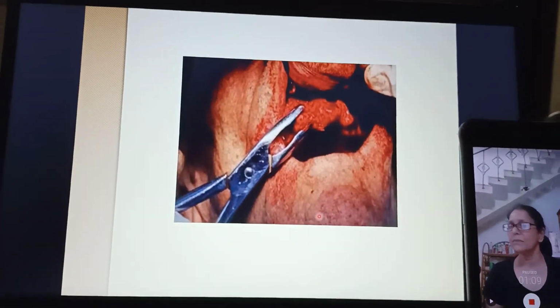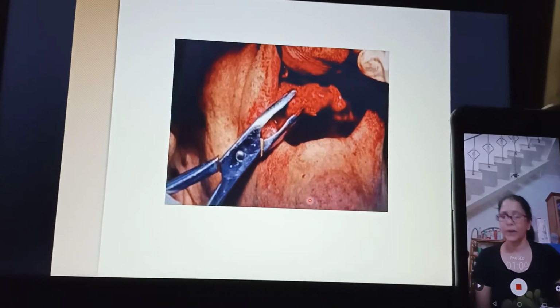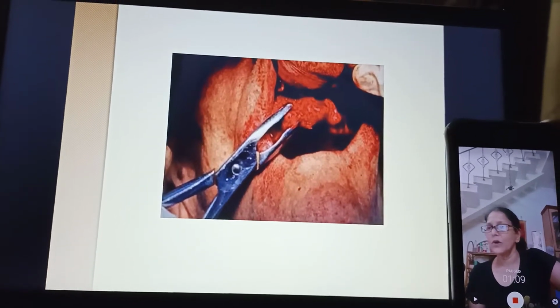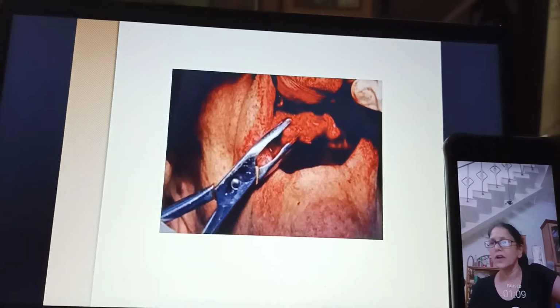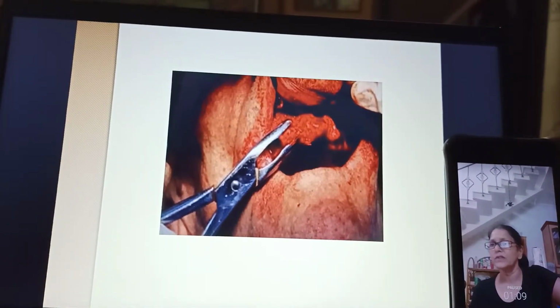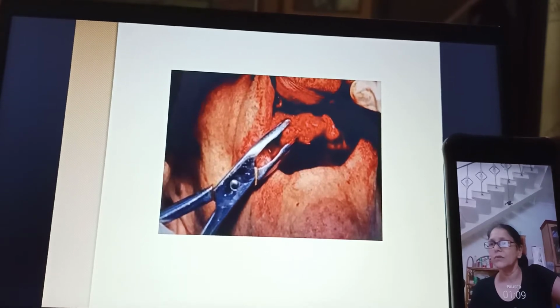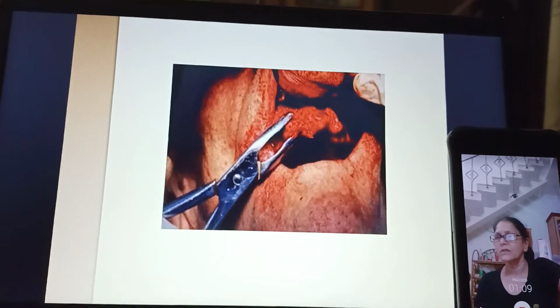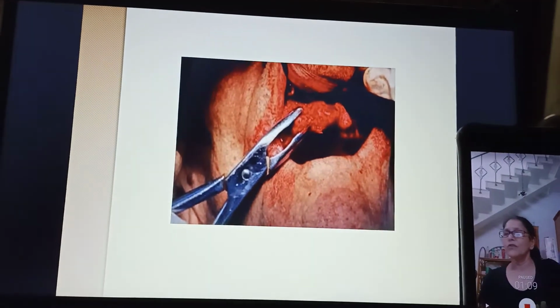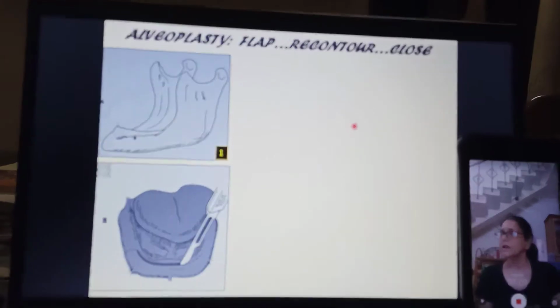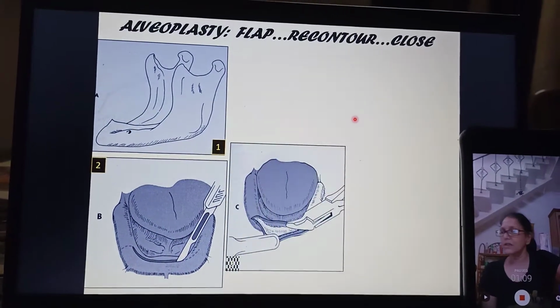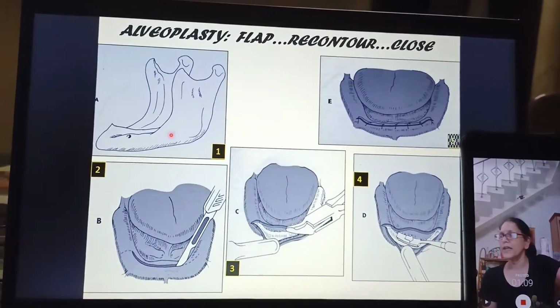That is a clinical picture where the mucoperiosteal flap has already been raised. You can see this. Now this is a sharp bone protuberance which is present a little bit here also. So they can be removed using a bone rongeur, following which a bone file can be used. So these are some diagrams to explain the same thing.